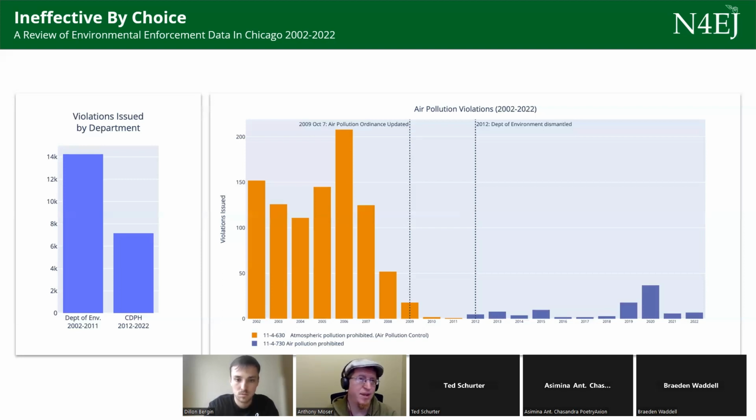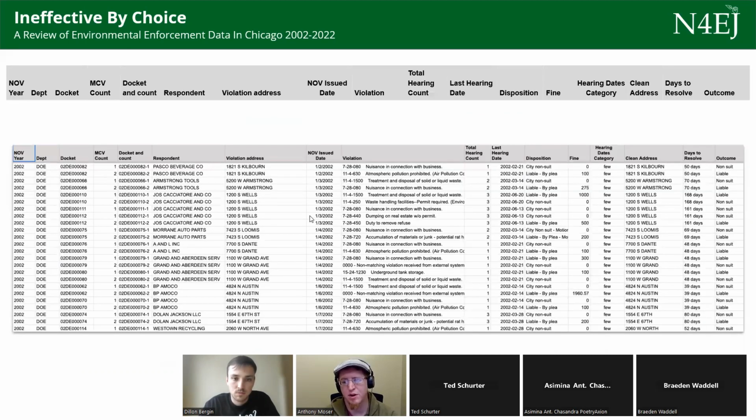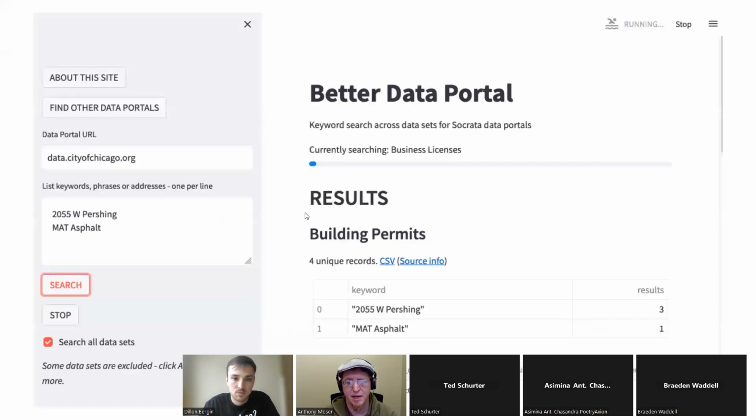So yeah, you can read a lot more about that stuff in this report if you're interested. But I would think the big picture from a records standpoint is that it started with some publicly available stuff that was in the data portal, and trying to compare these things and learn what I could from there. And then I followed that up with a FOIA request to the Department of Administrative Hearings to get that big data set.